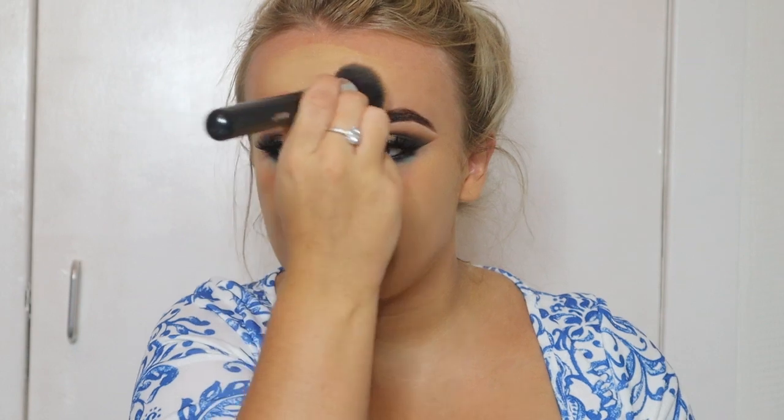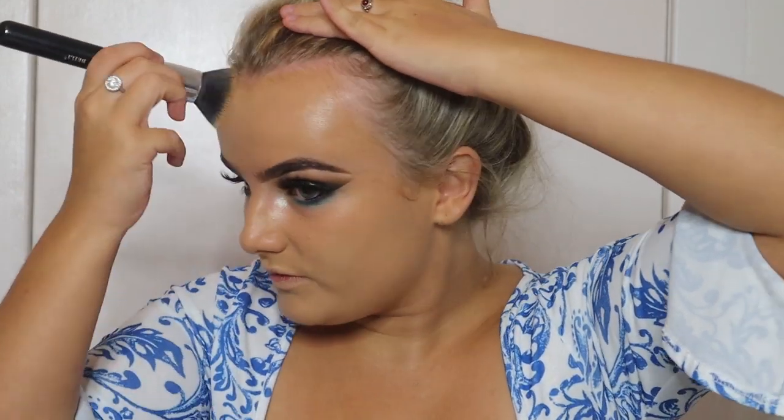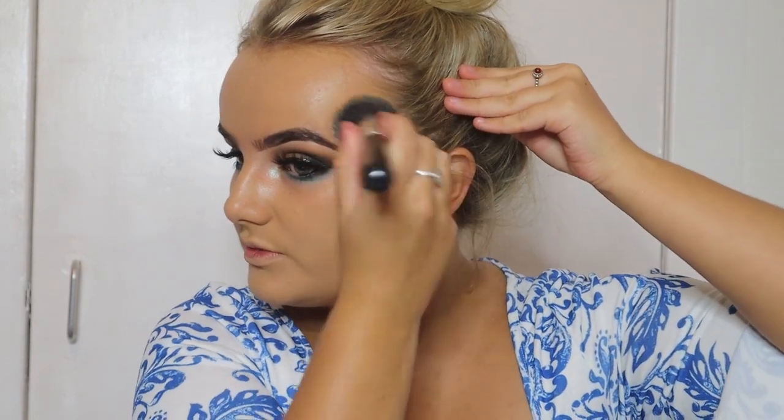You definitely have to use quite a lot of pumps. So say, for instance, if I put like 2 pumps on my brush and try to do my whole face, it would be so sheer for the coverage that I like, because I like full coverage. And obviously some foundations you can put a couple pumps on your brush and you're covered. But I don't mind having to use quite a lot of pumps. Obviously it means you're going to have to rebuy it more often, but there's a lot of product in that bottle, so I don't mind. So that's me done with that